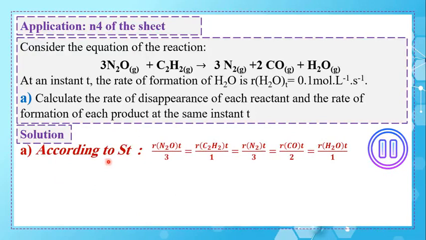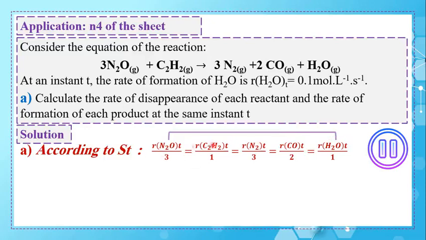According to stoichiometry, the instantaneous rate of disappearance of N2O over the stoichiometric coefficient 3 is equal to the instantaneous rate of disappearance of C2H2 over 1 equal to the instantaneous rate of formation of N2 over 3 equal to the instantaneous rate of formation of CO over 2 is equal to that of H2O over 1. We want to calculate the instantaneous rate of each reactant. So for N2O,